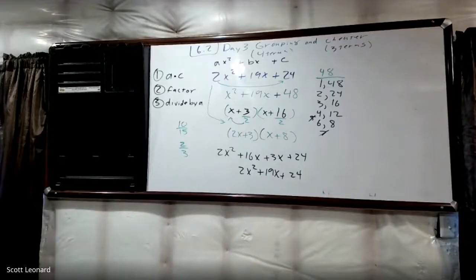Yeah. All right. Now, if you wanted to check your work, you don't have to do this. I would FOIL quickly. Don't do this if you don't want to. 2x times x, 2x squared. 2x times 8, 16x. 3 times x, 3x. 3 times 8, 24. I get 2x squared plus 19x plus 24. Boom. All right. Now,